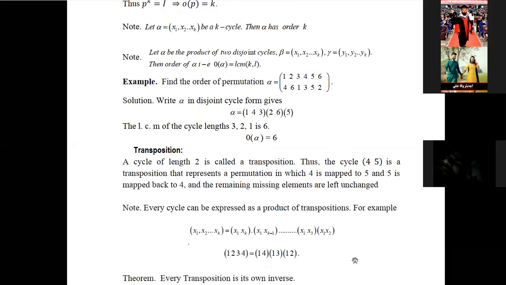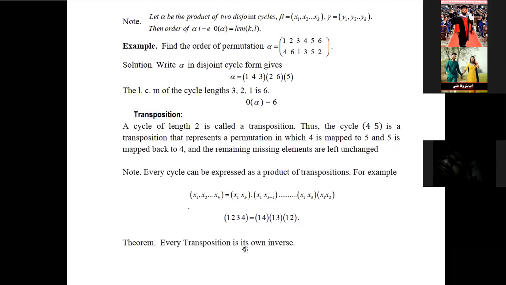In many books there are different ways to find the number of transpositions. It means if the number of transpositions in one way is 5, then in another way it is also 5. Just like in this example, (1 2 3 4): take (1 4) as one transposition, (1 3) second, (1 2) third. If you want, you can also write it this way: (1 2)(2 3)(3 4). Also in this way, it is 3. Don't worry about this, but the number of transpositions is always the same.